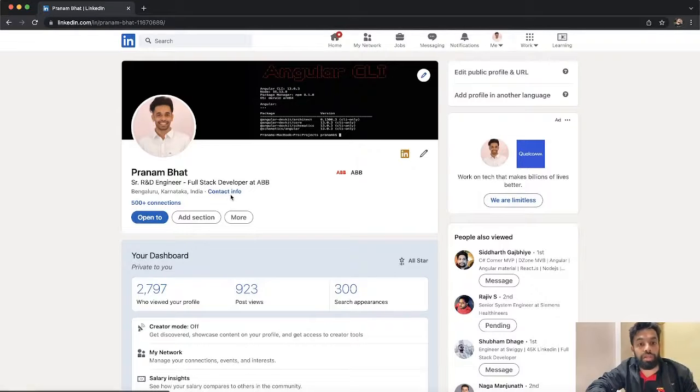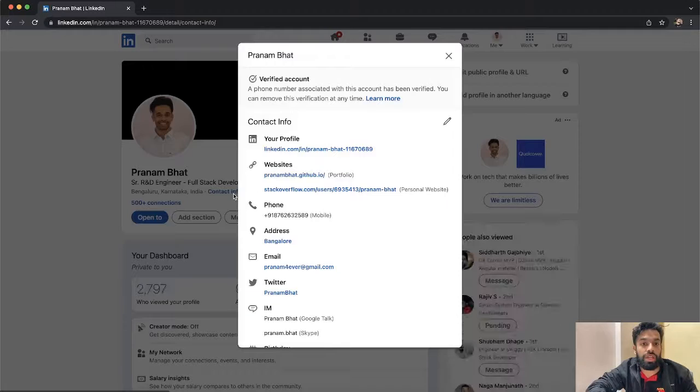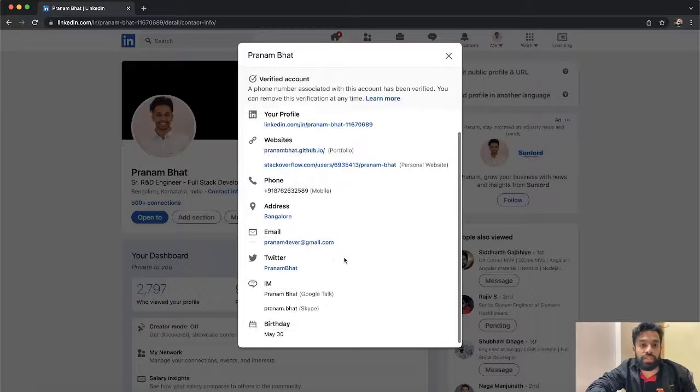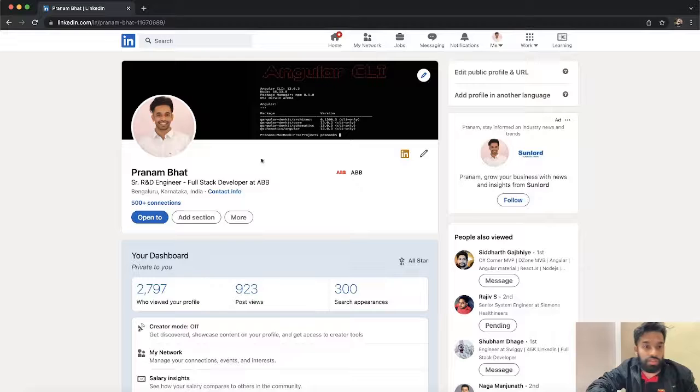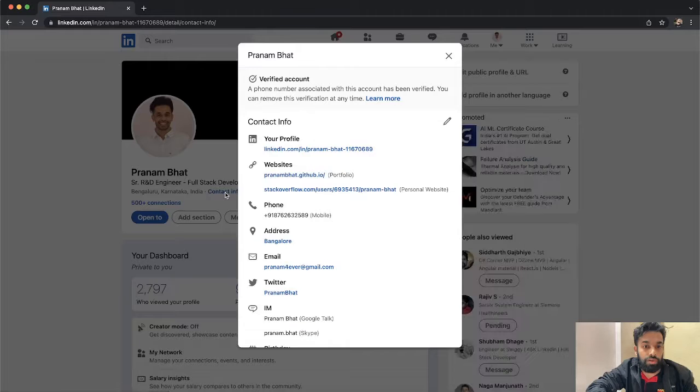Now the only part pending is your contact info and details. So click on this contact info. Here you will see the website section. Add your website link here. For example, if you have a GitHub portfolio, add that here, and also Stack Overflow or any HackerRank profile.